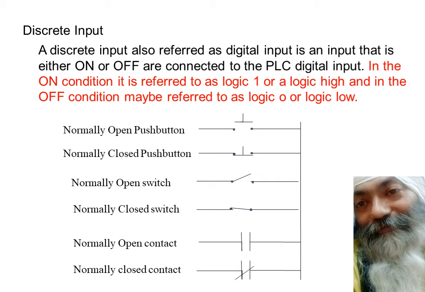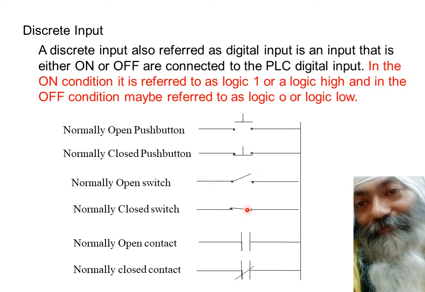You can see this one over here is a normally open push button, meaning normally the output of this is 0. Only when you press it, it becomes 1. This is called normally closed, or NC. This normally open is called NO. Normally closed is called NC. So this is an NC push button. So normally it is closed. Normally the input going is 1, but when you press it, it becomes off. This is again an NO switch, and this is again an NC switch. So when you press it, it goes down and it opens, otherwise it's normally closed.